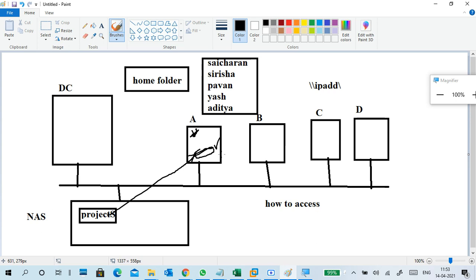The users to whom I have given this folder as a home folder, wherever they log in, it will connect to their home folder automatically, so that I can access the data and exchange the data.